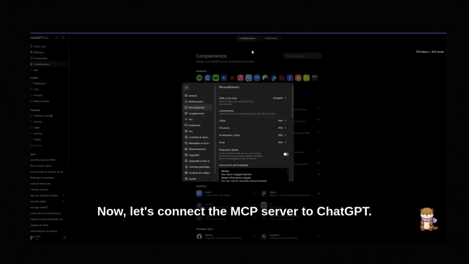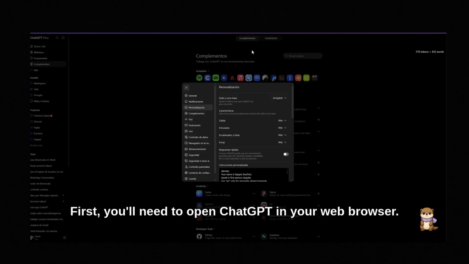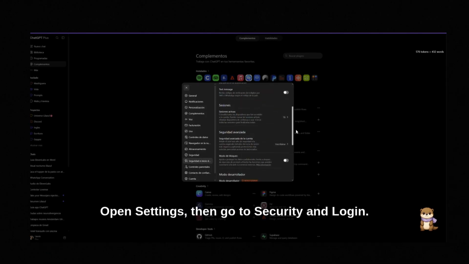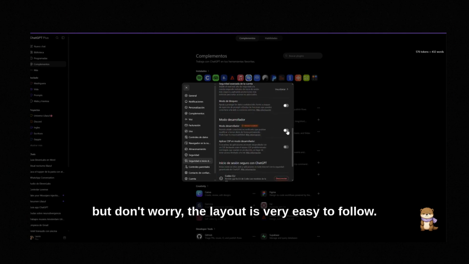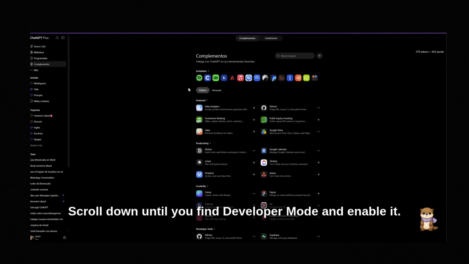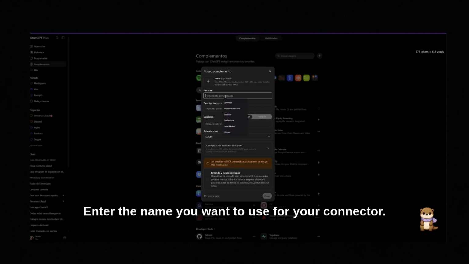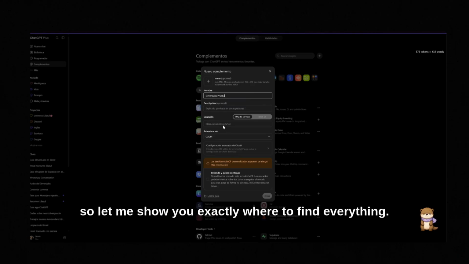Now, let's connect the MCP server to ChatGPT. First, you'll need to open ChatGPT in your web browser. Unfortunately, this setup cannot currently be completed from the mobile app. Open Settings, then go to Security and Login. Laura's ChatGPT interface is in Spanish, but don't worry, the layout is very easy to follow. Scroll down until you find Developer Mode and enable it. Then, open the Plugins section and click the little plus button. Enter the name you want to use for your connector. Now we need to add its MCP server URL, and this part is important, so let me show you exactly